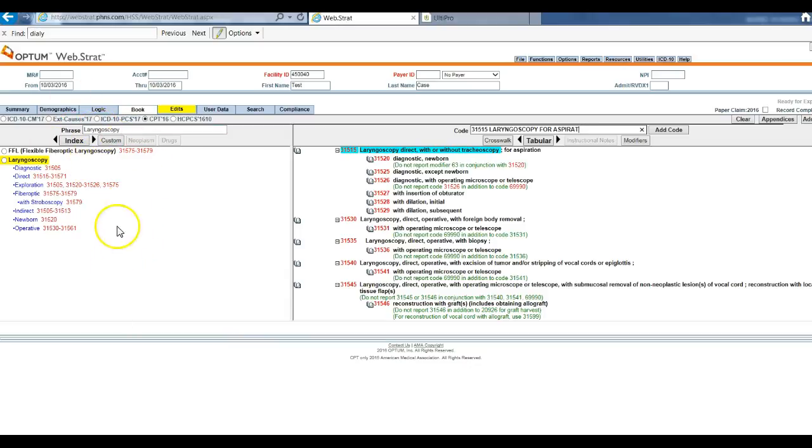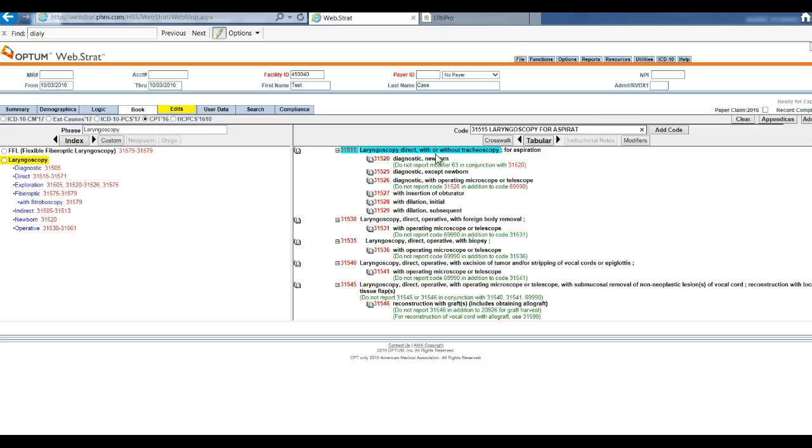Okay, so dealing with our CPT portion first, and I just want to let you know, as always, this side of my electronic book is the alphabetic index, whether I'm dealing with CPT or diagnosis. This side over here of my electronic manual is my tabular, and these are the different sections or subsections. So since I'm dealing with CPT, this section is my surgery, and my subsection is the